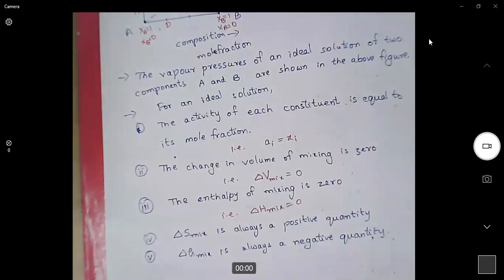You can compare this to water flow. When water flows from up to down, it is very easy for it. You don't need to give any energy. Instead, it will release its energy and come down. But if we want to lift the water upward, then we have to supply energy. So for a spontaneous reaction, delta G is always a negative term. Change in free energy is always a negative term.